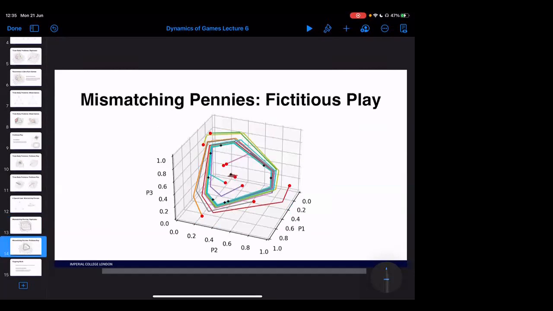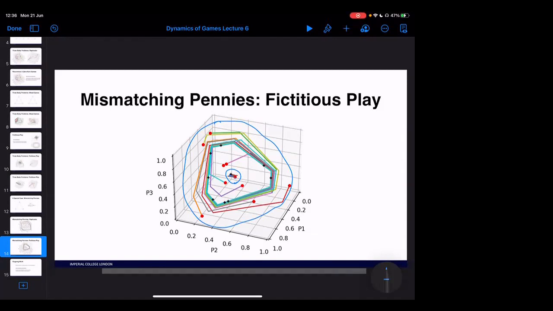Turns out that's not the case. If we apply fictitious play on the mismatching pennies game, it achieves a limit cycle in exactly the same way that Replicator does. In fact, just based off the experiments, it seems to be that there's some form of annulus that exists. Again, this is just based off experiment, that interior points are attracted towards this Nash equilibrium in the center, whereas the initial conditions outside of that reach this limit cycle, right?